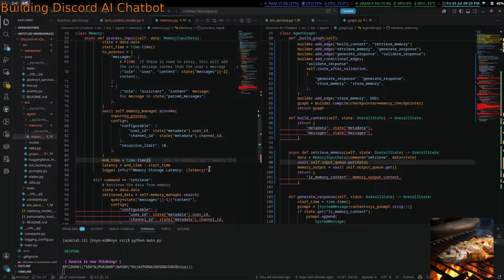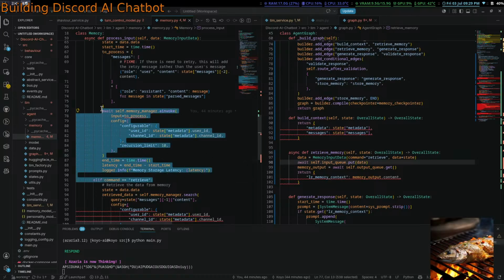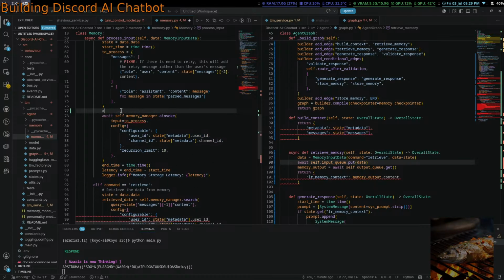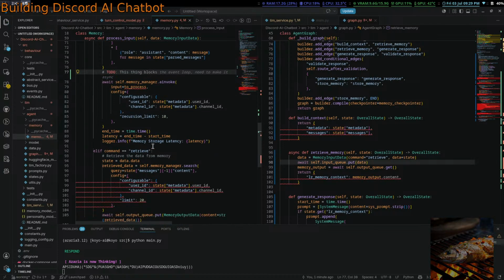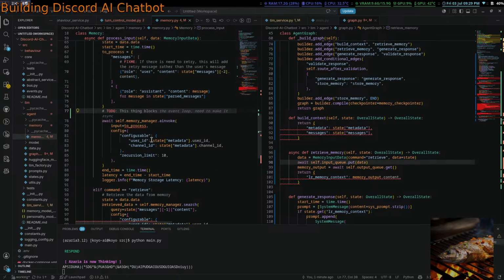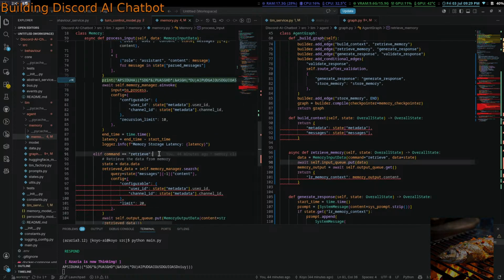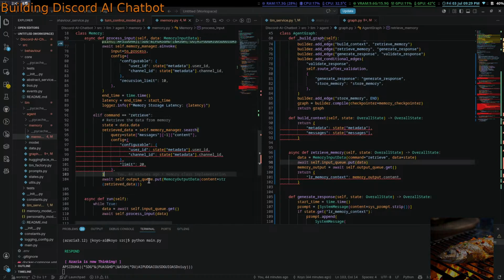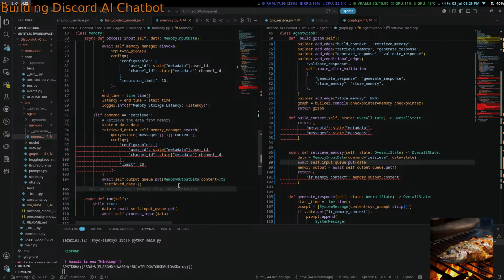Okay, so we know for sure it doesn't complete this thing. Either this thing hangs, or this thing blocks. Or actually, wait, no. It's in retrieve, right? Okay, so I reckon it finishes all of this stuff, and then the output queue, it puts the memory content thing.